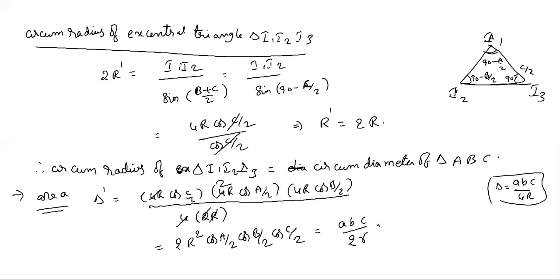Next we find some properties of a regular polygon. Regular polygon, you already know the definition: the sides as well as the angles are equal. A regular polygon is a polygon which has equal sides as well as equal angles. It means all sides are equal and all angles are equal. So now we find the properties.